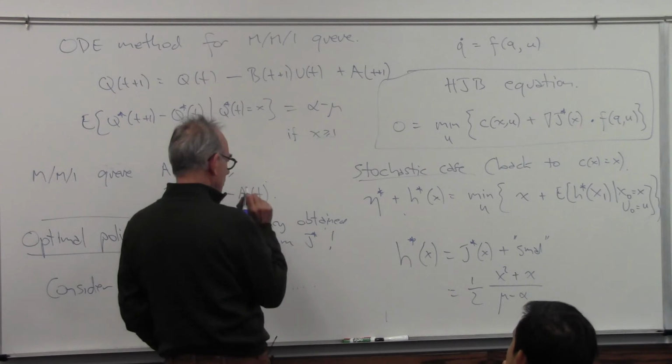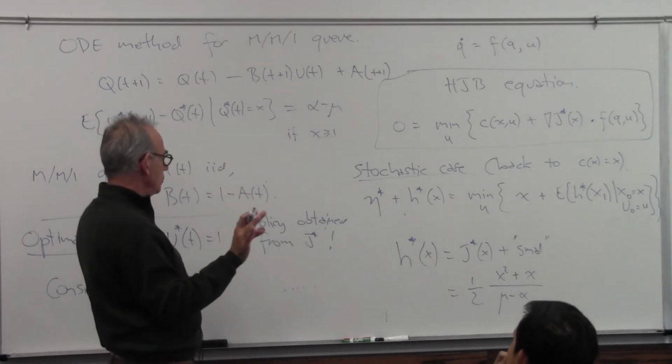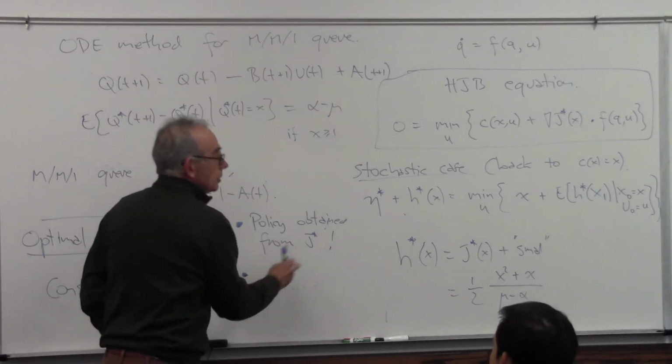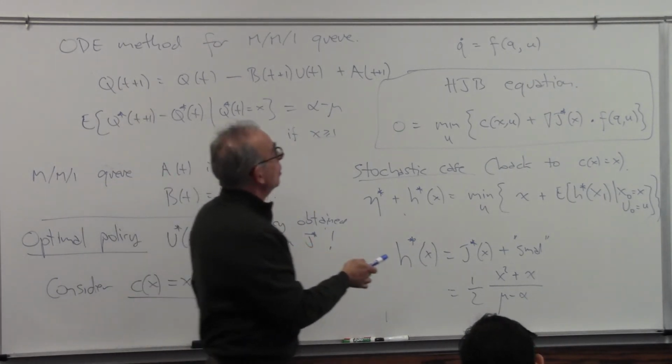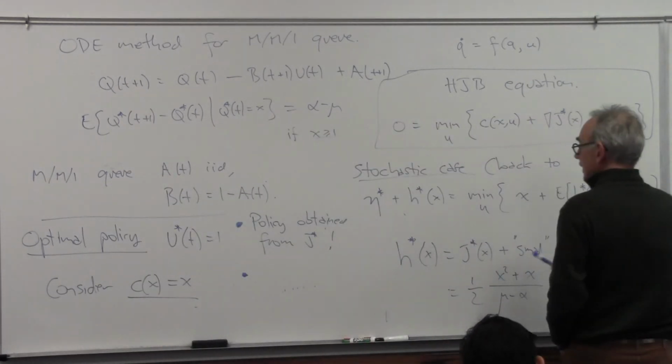So one thing is the policy could just be obtained from the fluid value function. You know, what we got there was what we got there. But of course, this cost, this eta star,